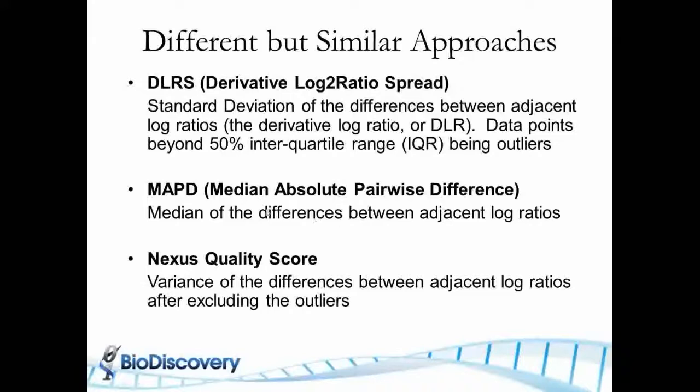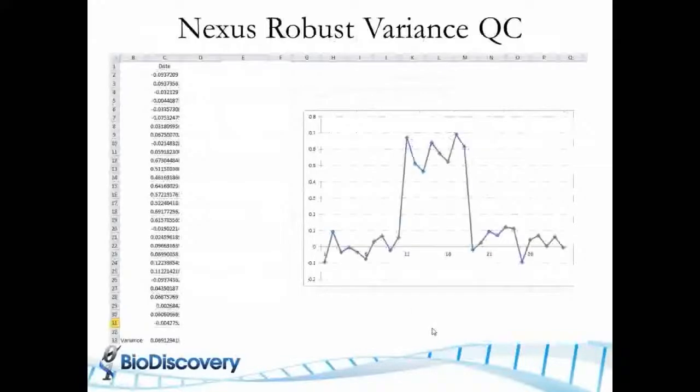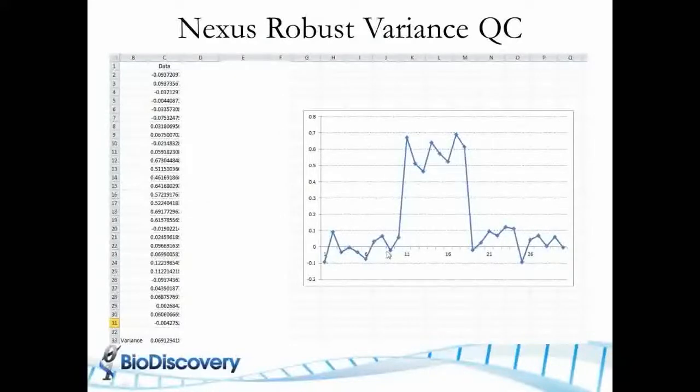Affymetrix uses the MAPD score, which is the median absolute pairwise difference, which is the median of the differences. So it's, again, a robust method. And then the next is a quality score, which is the variance of the difference between adjacent log ratios, but it excludes certain outliers. So if you look at all of these, they're all doing very similar, not exactly the same, but very similar measurements of how much variation you have in neighboring probes,